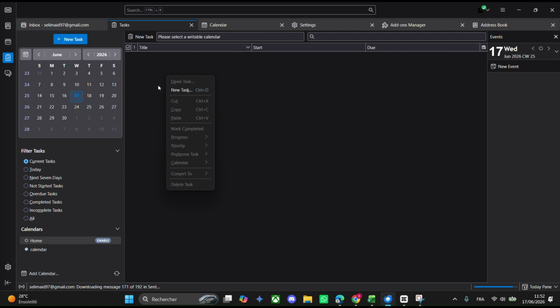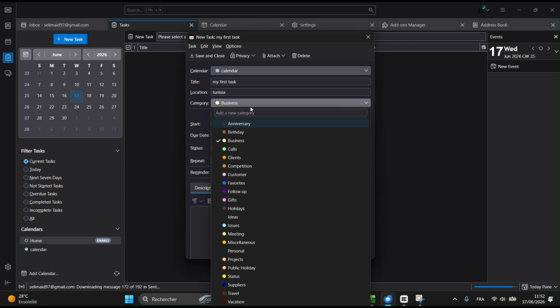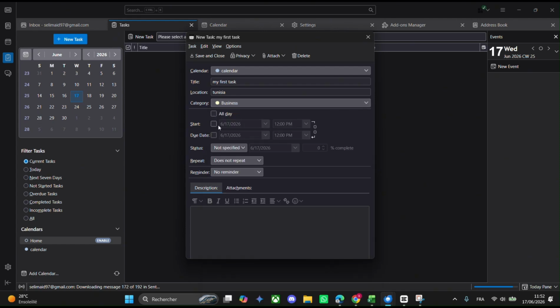To create new tasks, simply right mouse click and choose the calendar. For example, I name the calendar. Then I choose my first task. Location, for example, Tunisia. And you can add a category, business or birthday, or any type of task that you want to create. Choose the start and end date, the status of your task, as you can see, in process